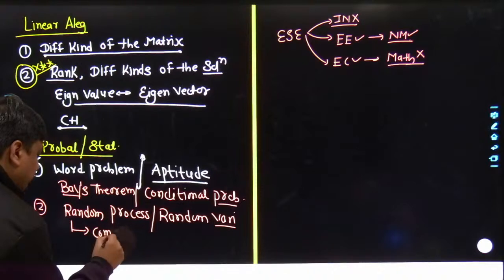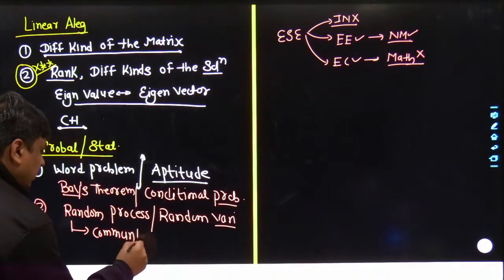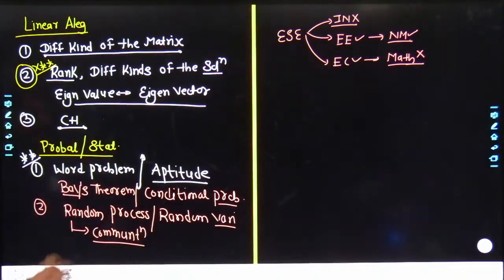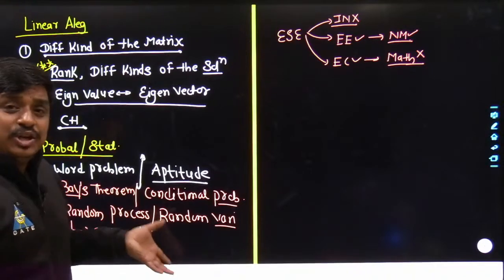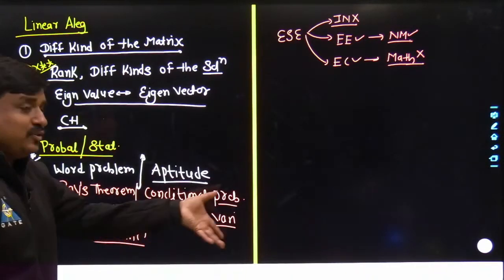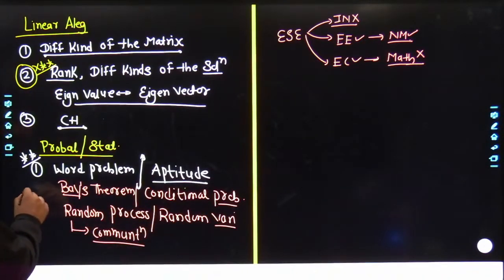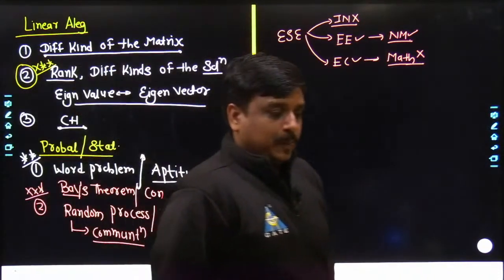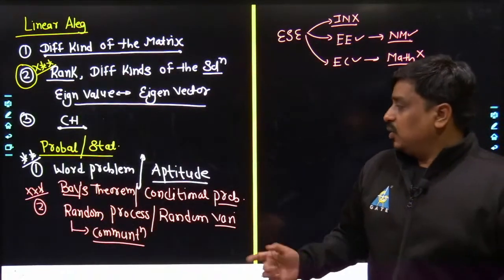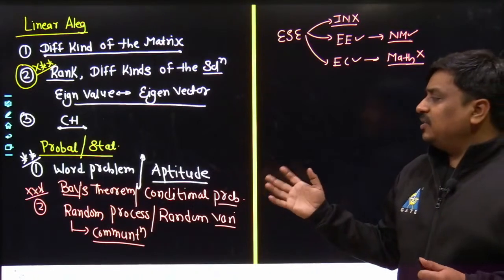So the electronics people cannot escape from this particular topic, because you are going to get a huge chunk of marks at least from this topic. So yes, it's utterly important for electronics. So probability is also almost done,